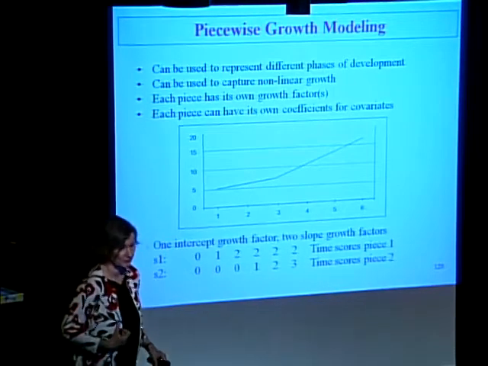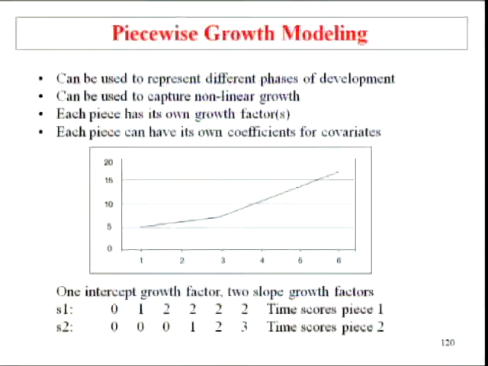So in piecewise growth modeling, you use different pieces of the growth model to represent different phases of development. So let's say you have a situation where you have slow growth, and then at a certain point, it goes at an accelerated rate. So you can use different pieces for different parts of development, and that helps capture this nonlinearity that we see. Each piece has its own growth factors, and therefore each piece can have its own coefficients